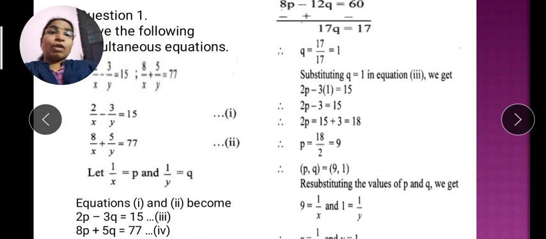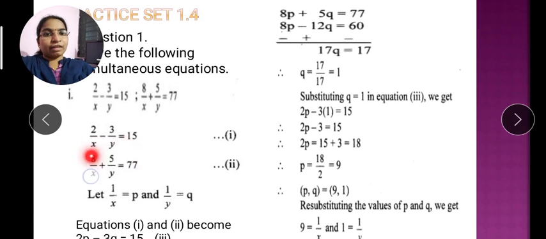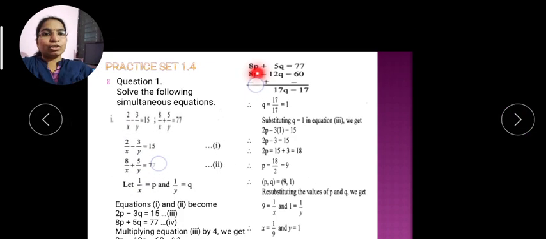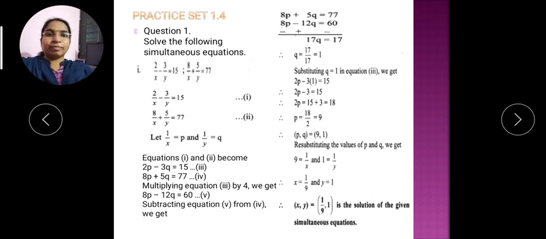Now students, then what to do? If it is not a linear equation, can you solve it by the substitution and elimination method? No. So this is the difference. This is the one step we have to do: make the given equations into linear equations in two variables. Then how to make it? First equation, write here equation first. Second equation, write here equation second.